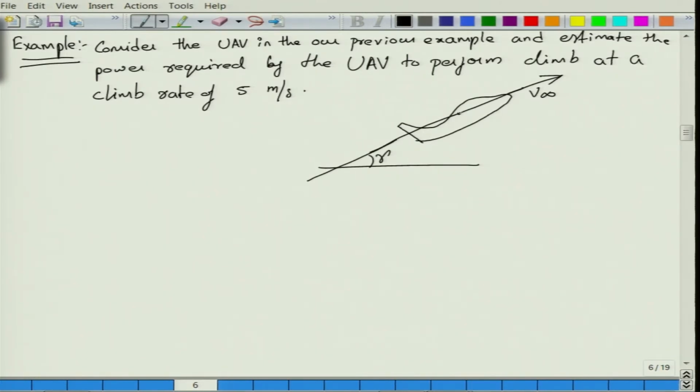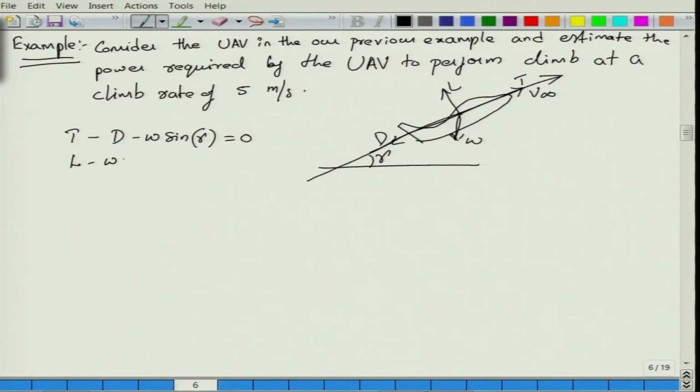Let us assume a steady climb. The thrust acts in the direction of flight, drag acts opposite to the direction of flight, lift is perpendicular to the flight velocity, and the weight acts vertically downward. The dynamic conditions are T minus D minus W sin gamma equals 0, since we are considering a steady climb.